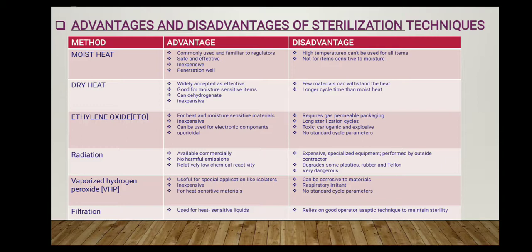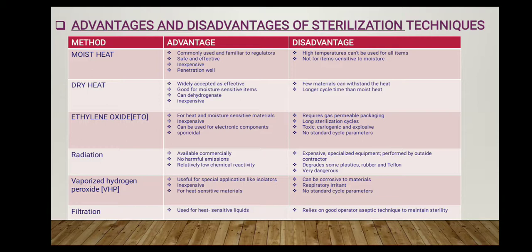Ethylene oxide sterilization, advantages are for heat and moisture sensitive materials, inexpensive, can be used for electronic components, sporicidal. For the disadvantages of ethylene oxide: requires gas permeable packaging, long sterilization cycle, toxic, carcinogenic, and explosive, no standard cycle parameters. For radiation sterilization, advantages are available commercially, no harmful emission, relatively low chemical reactivity. And disadvantages of radiation sterilization: expensive specialized equipment, performed by outside contractor, degrades some plastic, rubber, and Teflon,